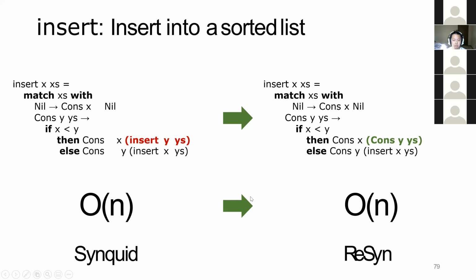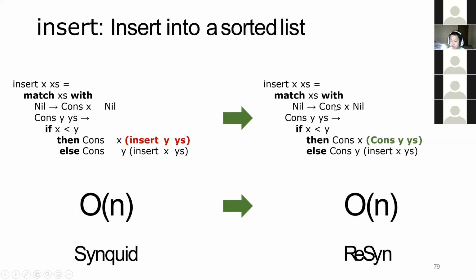And you can see, although in the worst case the complexity of both implementations is big O(n), actually we can say the complexity of the second implementation is